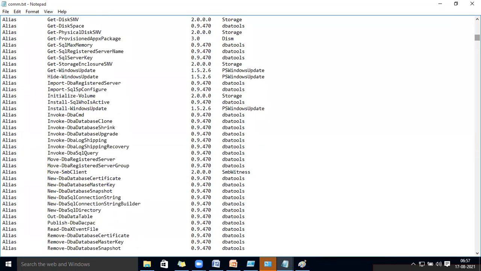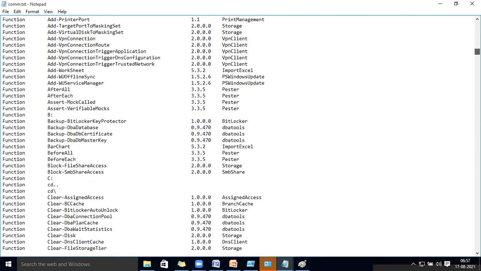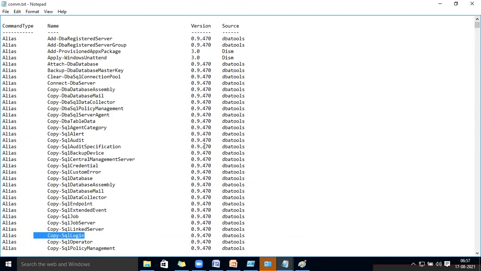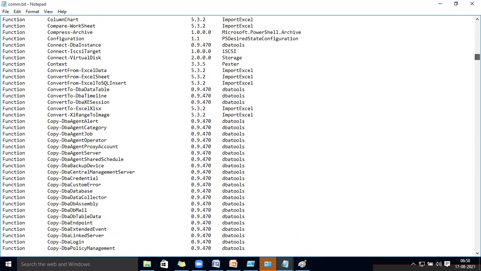So you don't have to remember all these commands. You can run Get-Command and you will see all the details. You will see these are the alias names, and basically the Get-Command will give us this list, which is useful for you doing the DB activity.